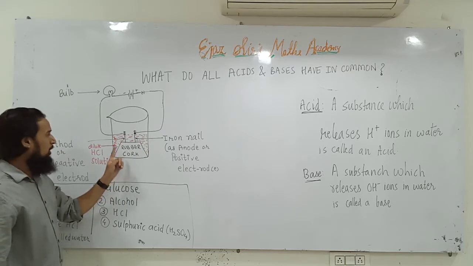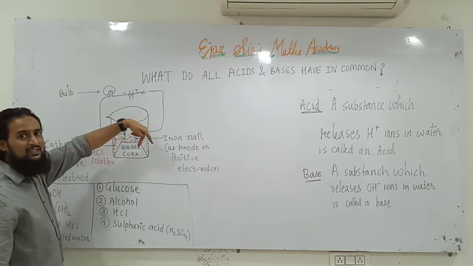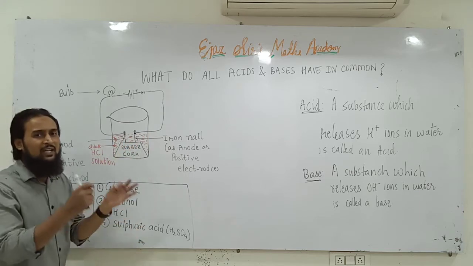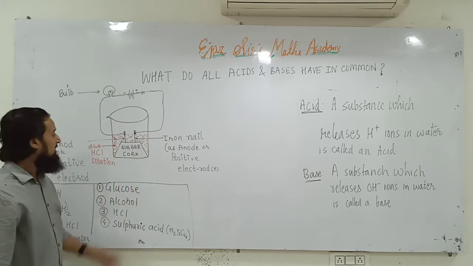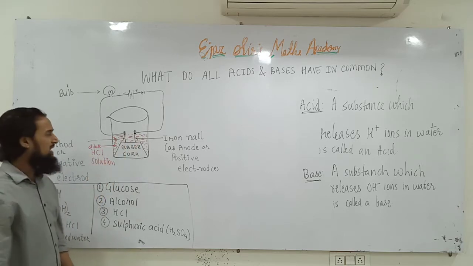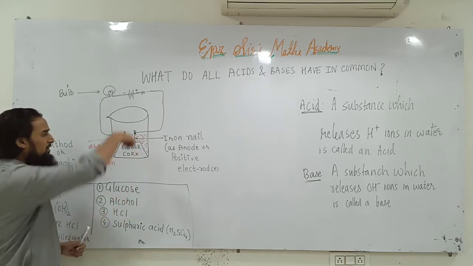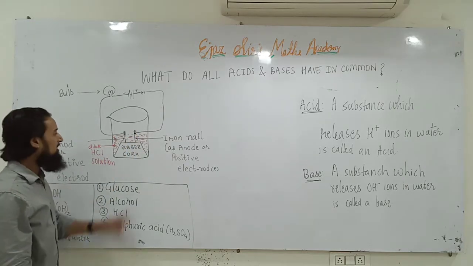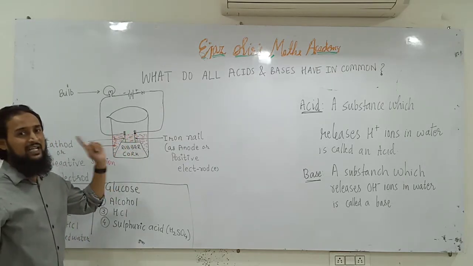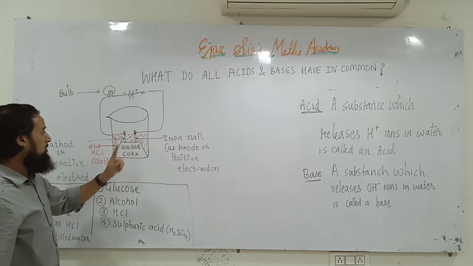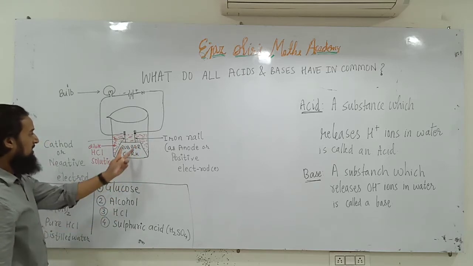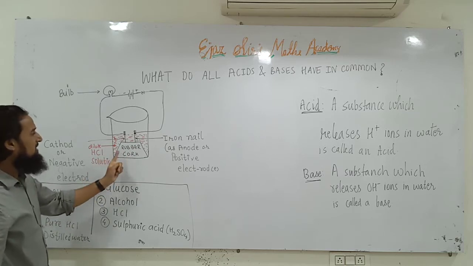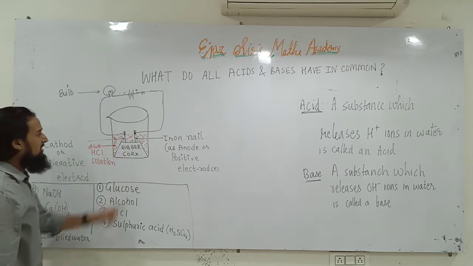We want these two iron nails to remain in standing position in the mug, and we know two iron nails cannot stand properly on their own. That's why we have put a rubber cork and inserted these two iron nails into it, so that they remain in standing position in the solution. Have you understood the use of the rubber cork? It behaves as a stand for the two iron nails.